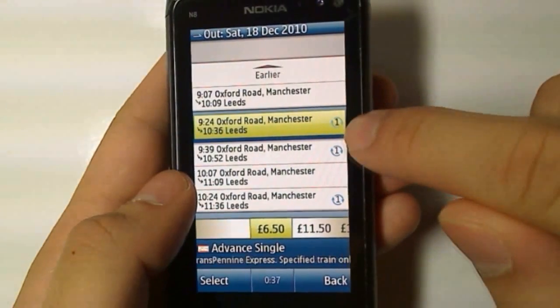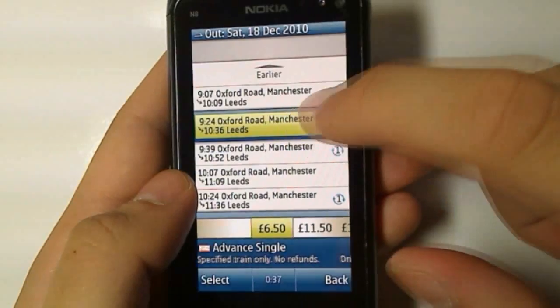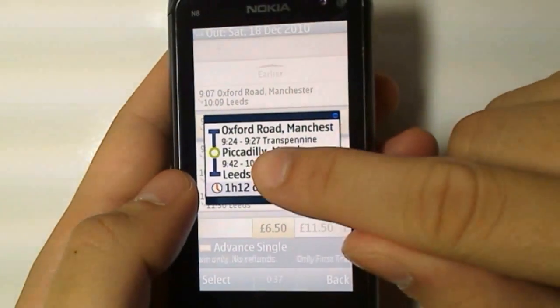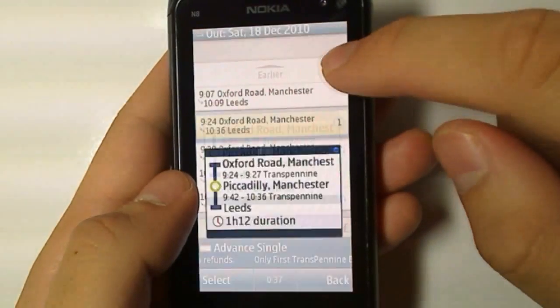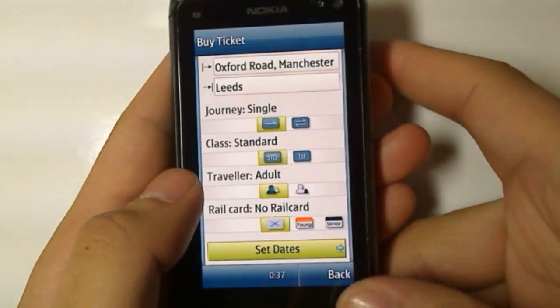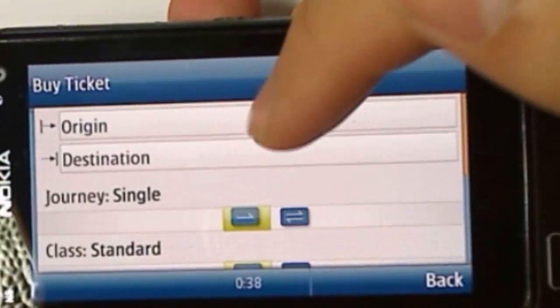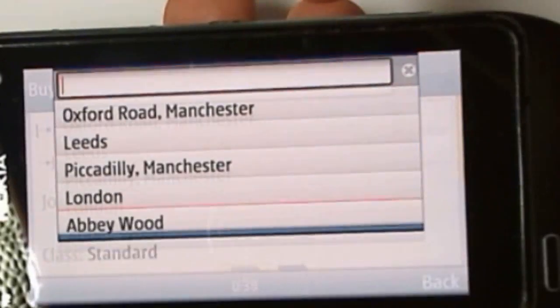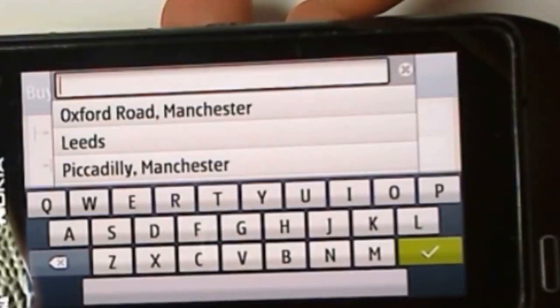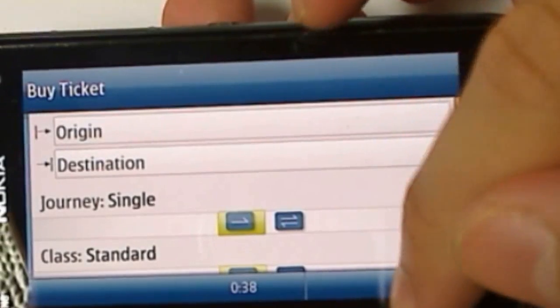Note that in this journey list some routes have a number next to them. This just indicates the number of train stops that you'll have to make, which here is noted at Manchester Piccadilly. I'm guessing that if you did buy a ticket using this app, you can just click the ticket option and it would show you train times, but I haven't tested out that feature. Now here you can see that it all works out in landscape mode also, and you've got a landscape QWERTY keyboard,